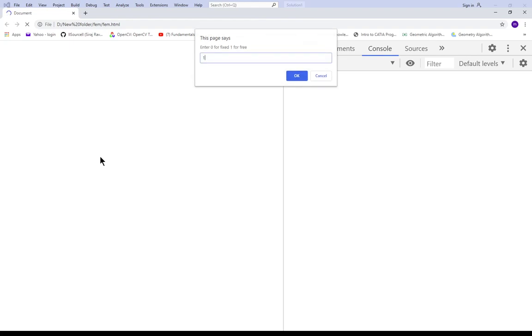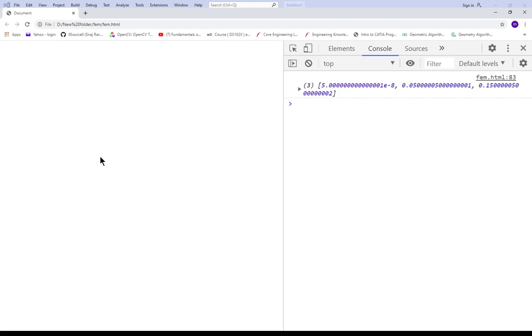Second is free, therefore 1. Force at node 0 is 0, force at node 1 is 0, but force at node 2 is 5000. If I apply that, I get Q. Q1 is very small, nearly 0, Q2 is 0.5 and Q3 is 0.15.